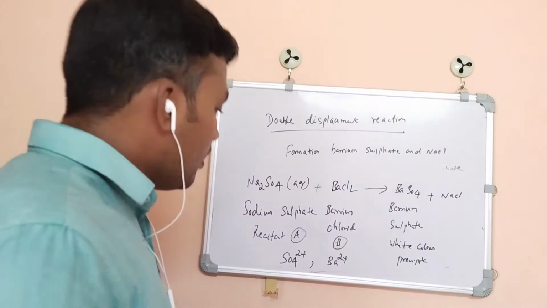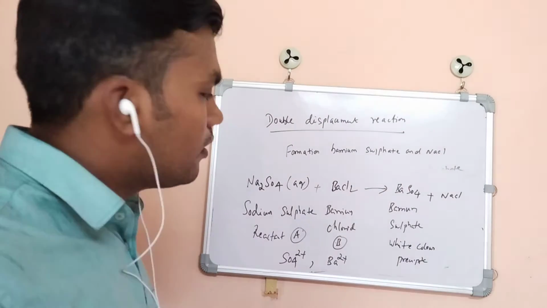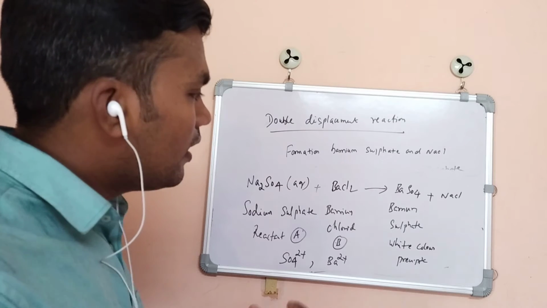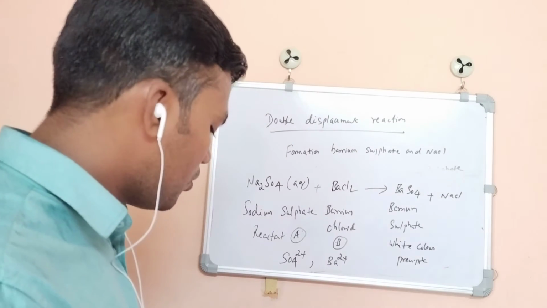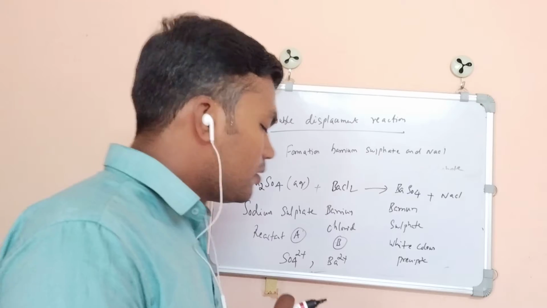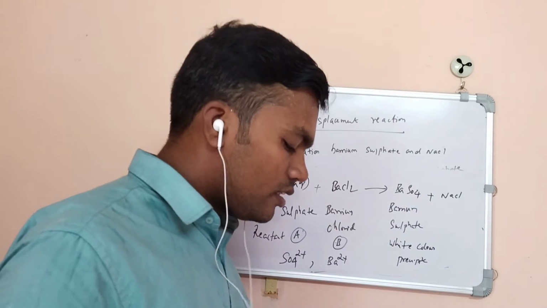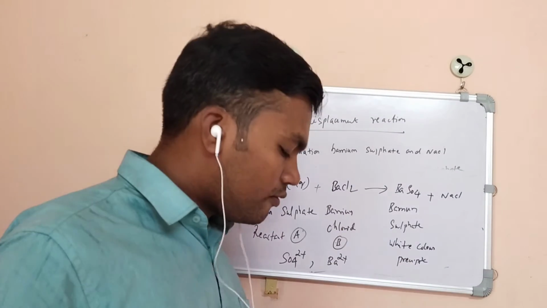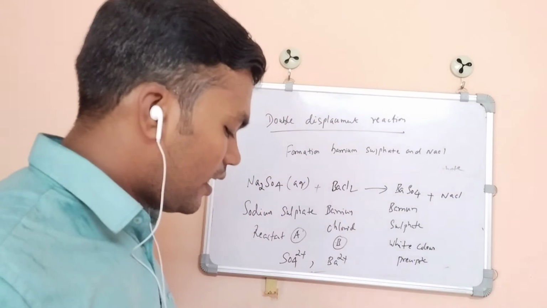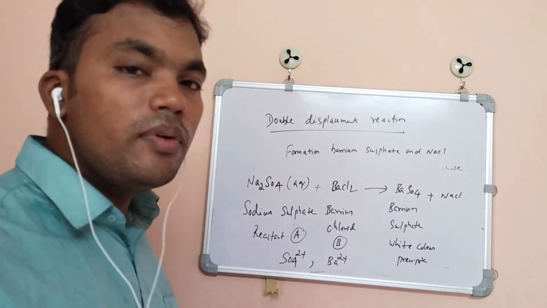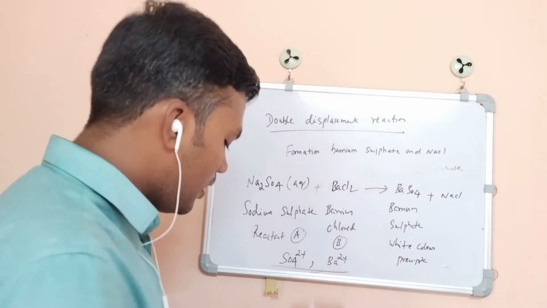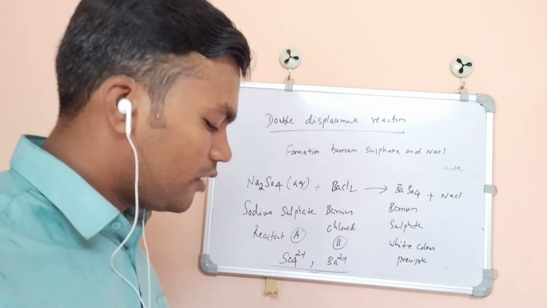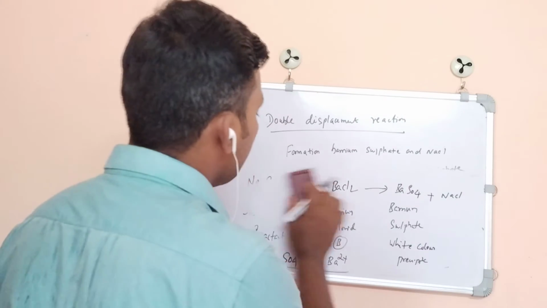Okay, in addition to this, in the test tube you can also find the NaCl solution remaining. In such a reaction, in which there is an exchange of ions between the reactants, it is called a double displacement reaction. Okay, I will write the sentence.